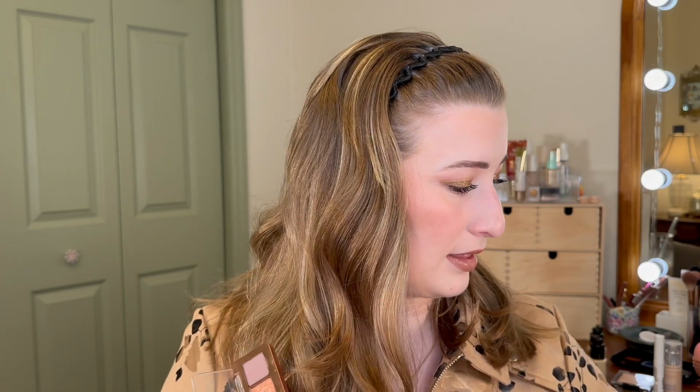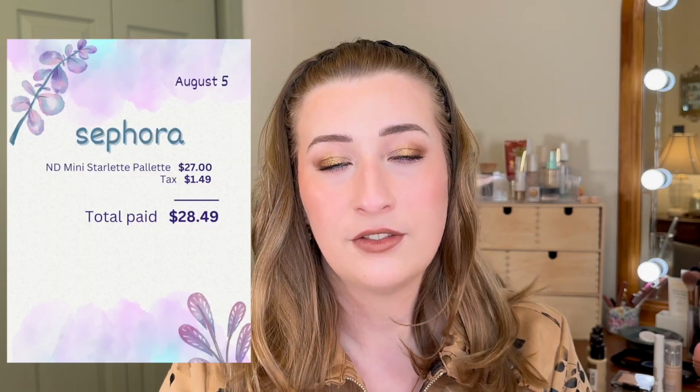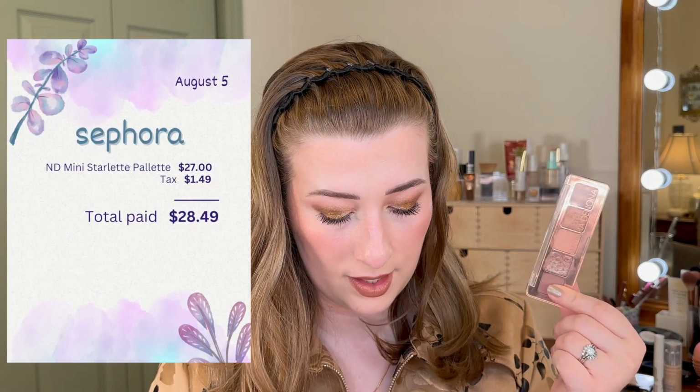I had no idea that the I Need a Nude palette was coming out, so when she released this, I thought, oh, I really like that. I'd really like to review it in a video, but I also just genuinely think I would like that. And I do. It's a very pretty palette. But this was, after tax,